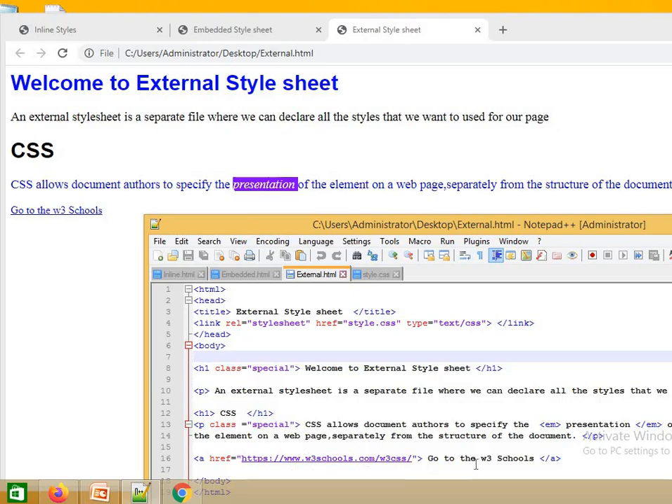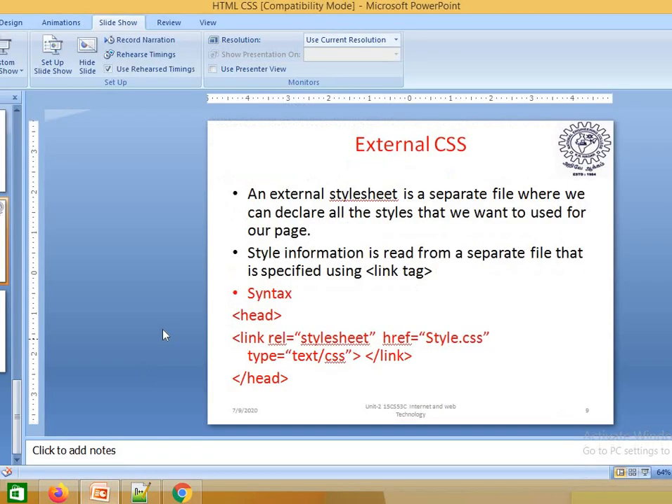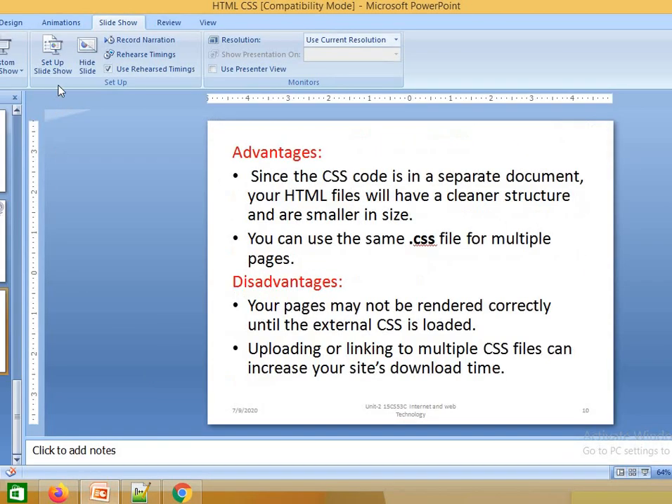For pseudo selectors, we have mentioned that whenever you move to the anchor tag, the pseudo selector will be called and automatically it will change the foreground as well as background color. So that's all about external style sheet. In an external style sheet, the style information should be placed in a separate document. Next we are going to see the advantages and disadvantages of